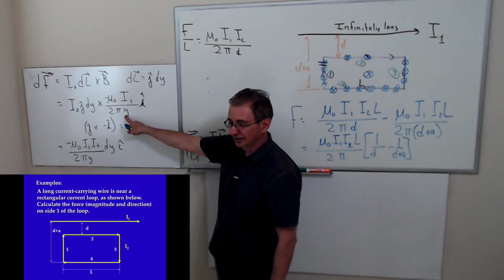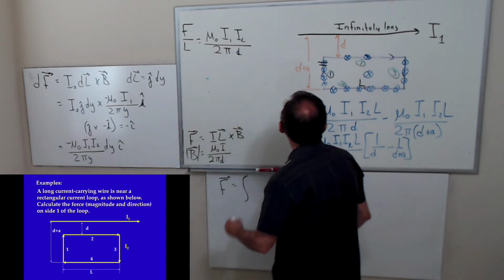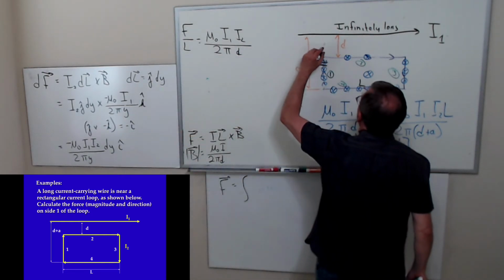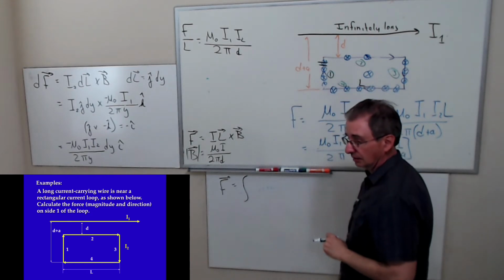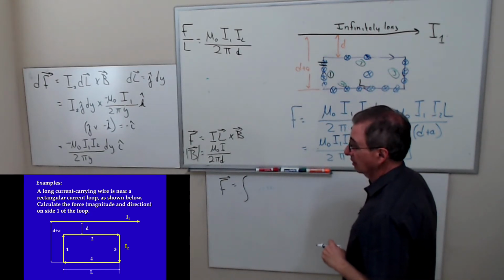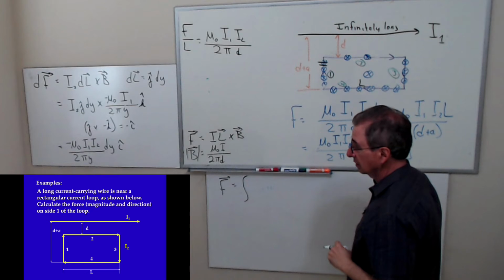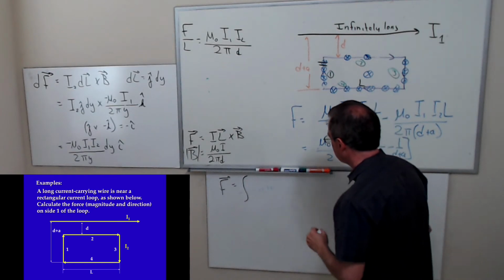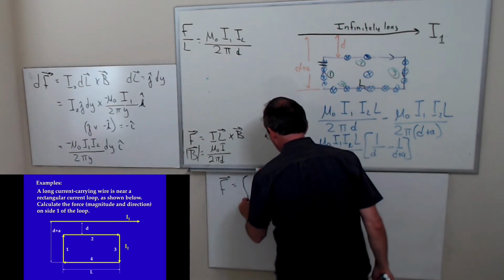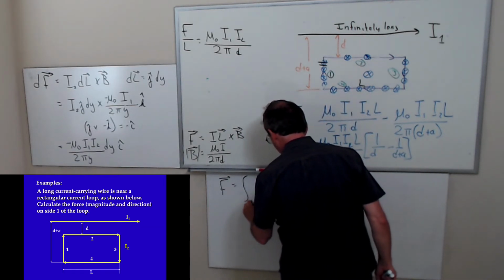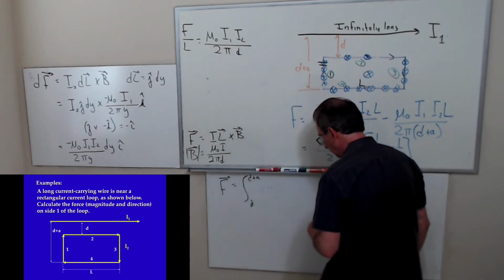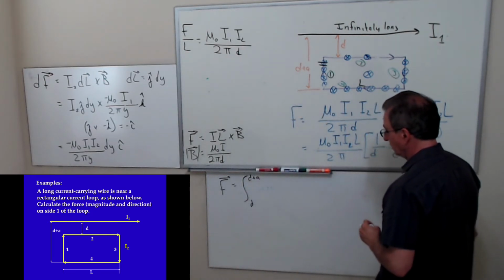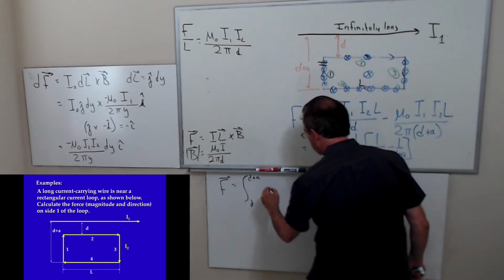It's the magnitude of the vector that points from here to here. So that means I have to write these as positive numbers. So I'm going to integrate from d to d plus a. And I'm going to get